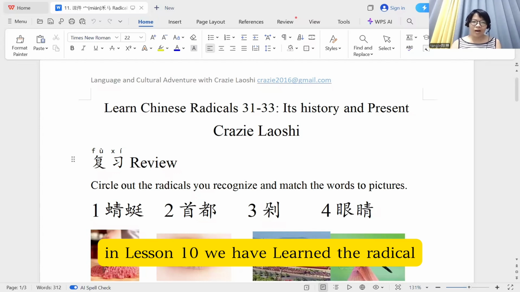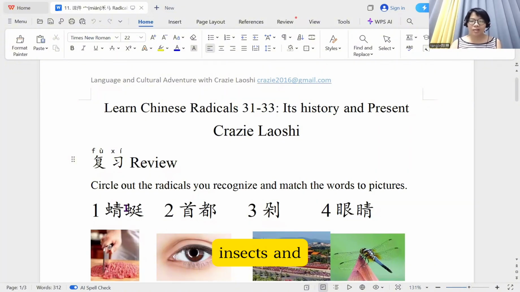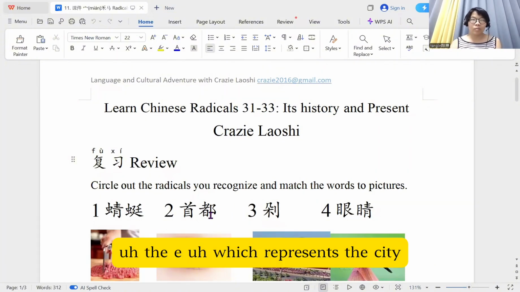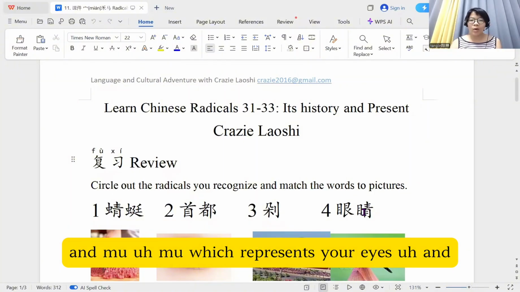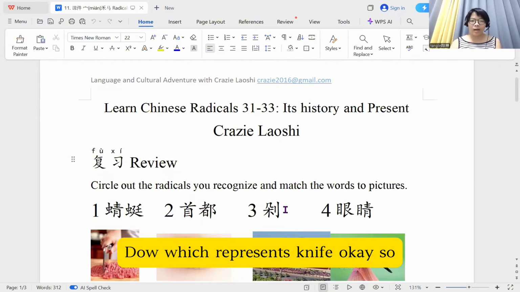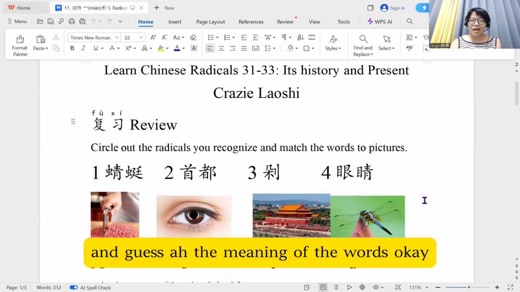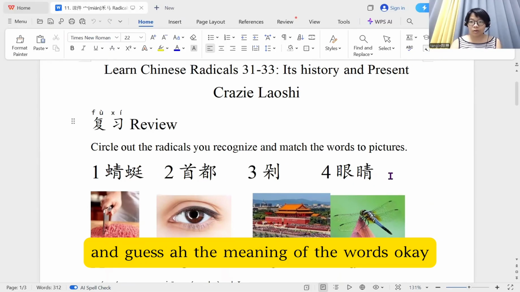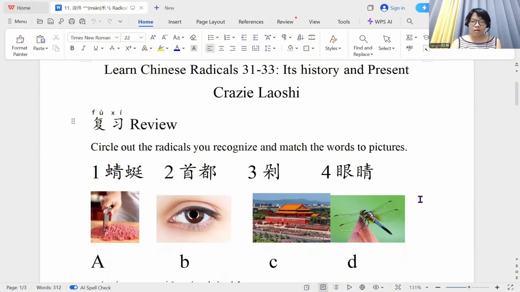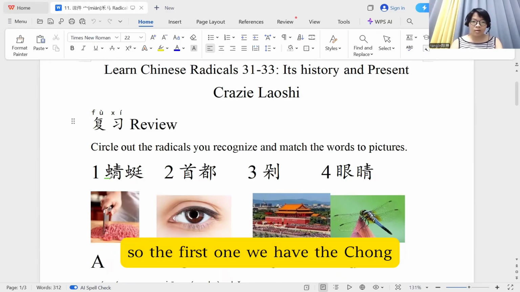In lesson 10, we have learned the radical 虫, a bug, insects, and the 邑, which represents the city, and 目, which represents your eyes, and 刀, which represents knife. Okay, so with these, use the knowledge of the radical as a clue and guess the meaning of the words. Okay, so you can match them. You can pause because now I'm going to tell you the answer. Okay, so the first one, we have the